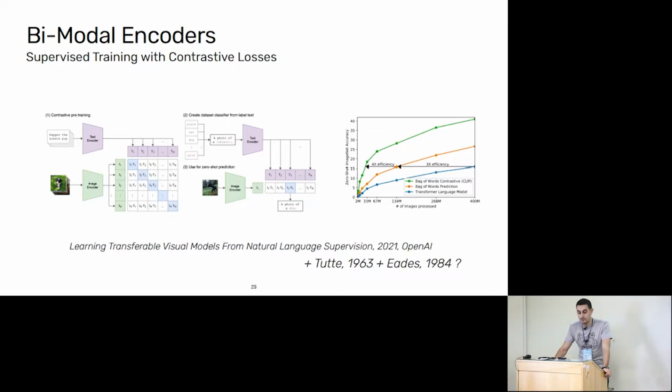You would propagate the information through those two towers separately, and then you would add an additional block that is responsible for the contrastive loss to actually learn how to match the outputs of those two modalities. And as with many things in machine learning, a lot of the stuff that is being published today, at least to me personally, resembles very old school ML or computer science results.